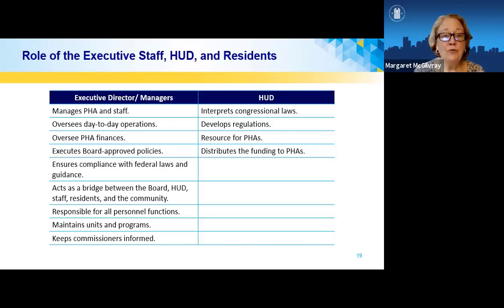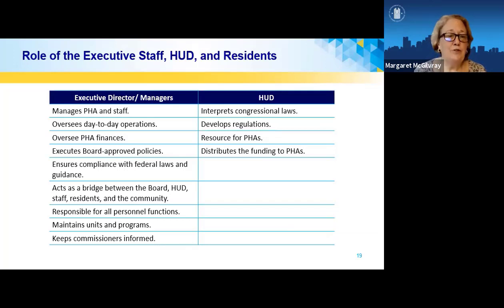And all documentation from the staff and residents and HUD and such goes through the executive director to the board. In some cases, it's not board relevant, so it doesn't go that far. But specifically, the executive director keeps commissioners abreast of any problems, the status of performance and compliance of the authority, things like resident concerns or financial issues or changes in the law, perhaps from HUD or the federal level or even the state level, audit concerns.